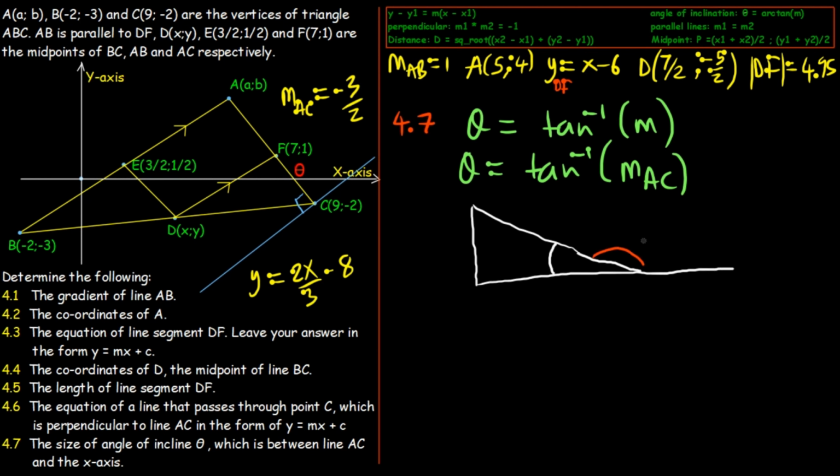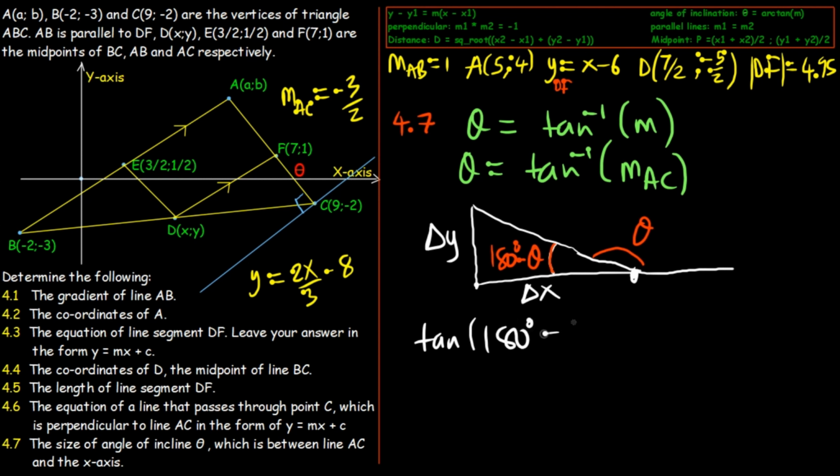So on this side is theta, which means this angle here will be 180 degrees minus theta, because angles on a straight line add up to 180. Alright, so if we want to find this angle, let's call this vertical side change in y, and this other one change in x, from this point to here. If we use the trigonometric ratio of tan, let's just write tan